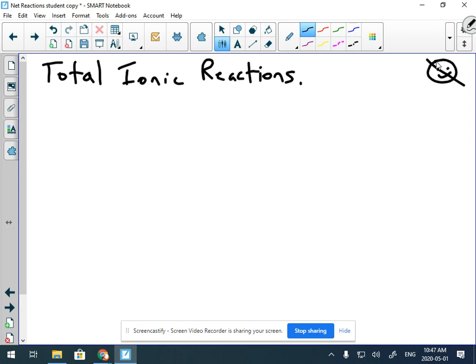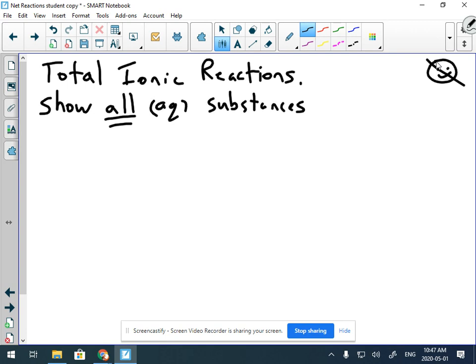Okay? Total ionic reactions show all aqueous substances as ions. All aqueous substances are going to be shown as ions. So if something's a solid, we're not going to do much with it. If something's aqueous, we are going to have to break that up. And the big thing that gets very confusing is that when we balance it,